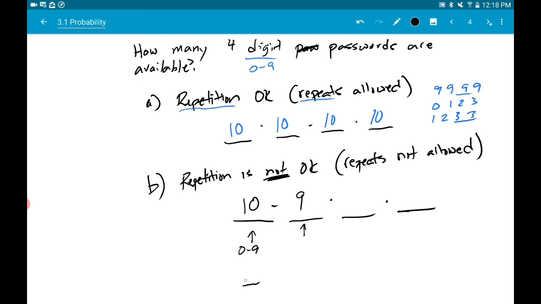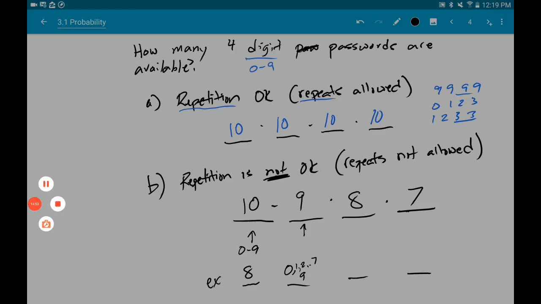What I mean is, if 8 was here, then you could have a 0, 1, 2, all the way up to 7, and you could have a 9, but you couldn't put an 8 there. And that's why it's going to decrease. Repetition is not okay. Once you have that, you're going to repeat that idea. And you're going to end up